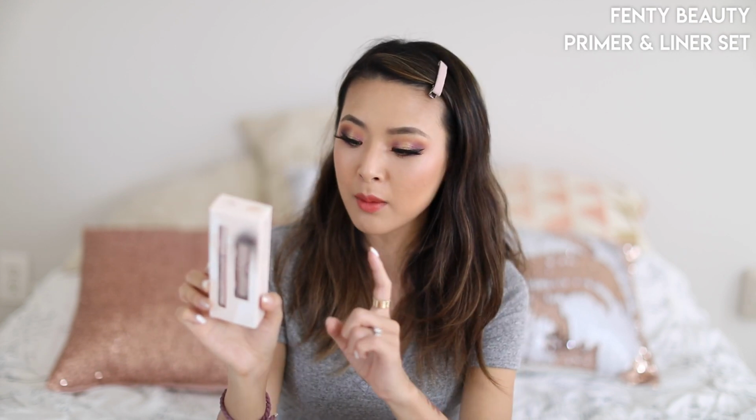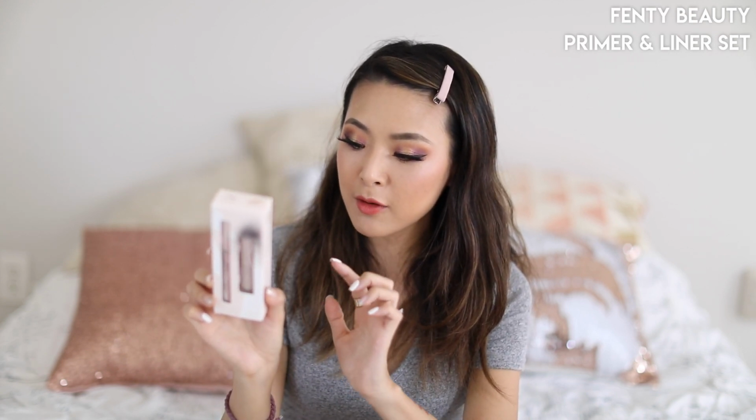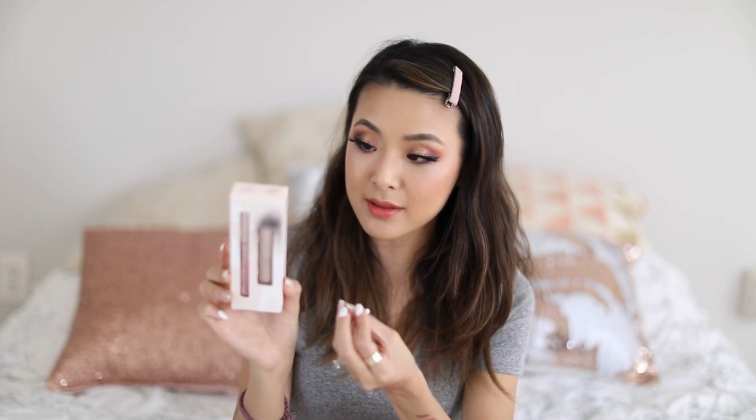Next, you know I don't ever put on eyeshadow without an eyeshadow primer underneath, and I have actually not used either of these products. This is from Fenty Beauty. It's a duo and it comes with a mini eye primer and a mini fly liner, which is their eyeliner, as a set in two, which is fantastic because obviously to complete a look, you guys know I love a nice winged line, and I wanted to try this one out specifically because I love trying every single liquid eyeliner out there